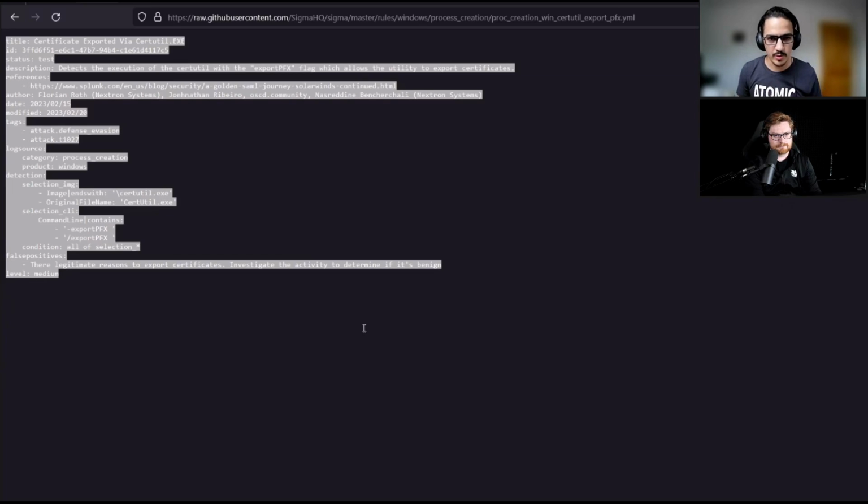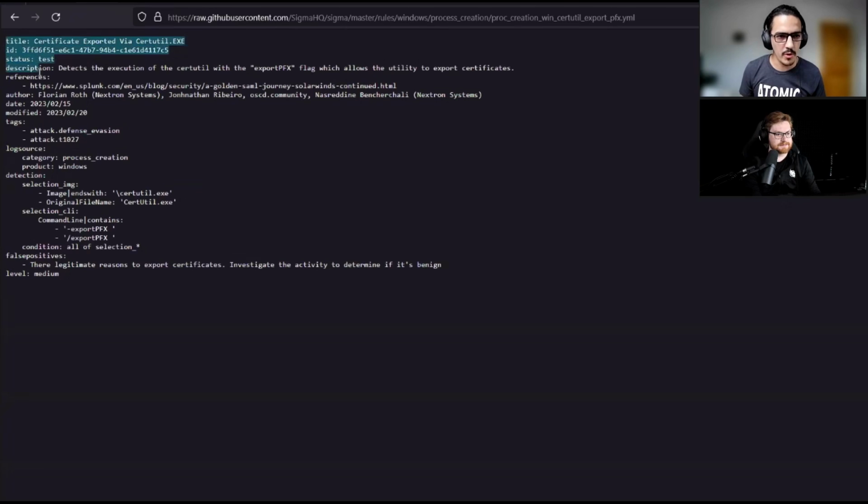So you can see my rule, right? Yep, looking good. All right. So basically the gist of the syntax is as follows. You have a metadata section at the top. Are you inside of a text editor? I might still be looking at the GitHub user content in Firefox. Yeah, no worries. Okay, we'll get it from the browser.